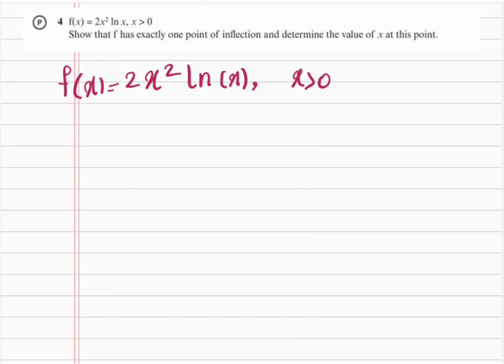Hi everyone, this video is on exercise 9 and question 4 of PO2. We have the function 2x squared ln x, and we want to show that f has exactly one point of